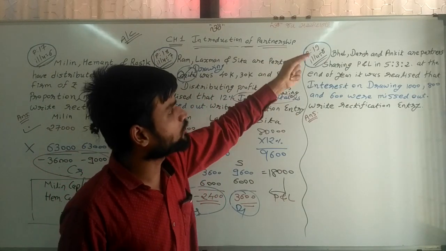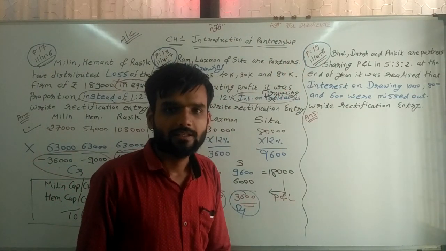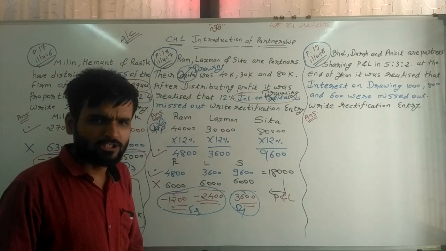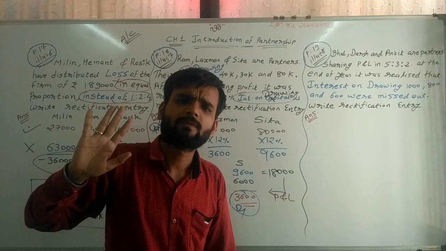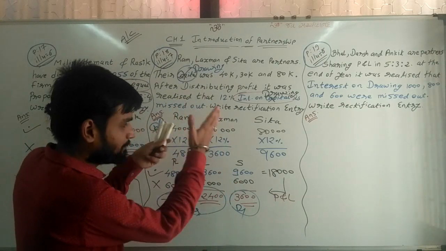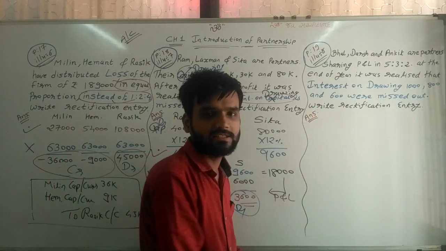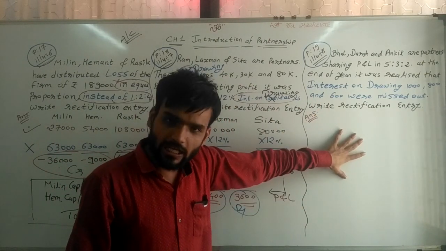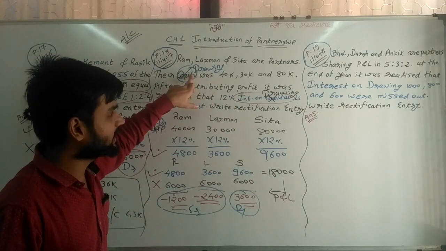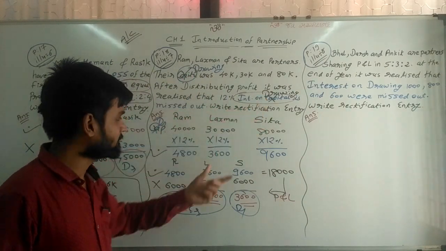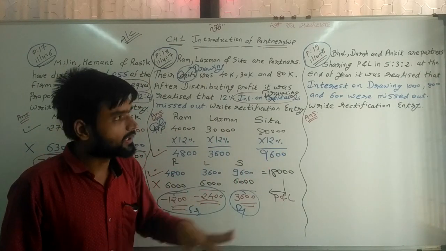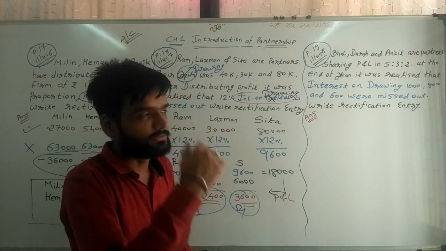Now we are talking about the third sum. This third sum is actually for interest on drawing only, and it is very easy to calculate, and that's why we are going fast, because compared to the previous sum, this is very easy. Here we don't need to calculate interest on drawing. Suppose if drawing is given and interest on drawing is to be found, then first of all we need to calculate the interest. But here interest on drawing is already given.